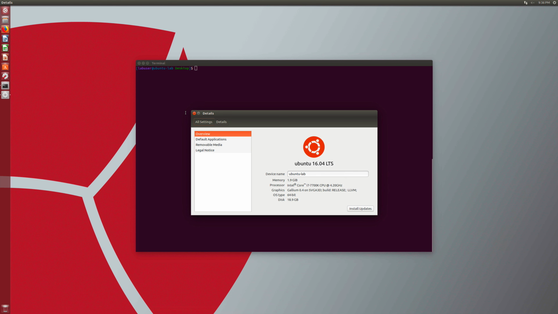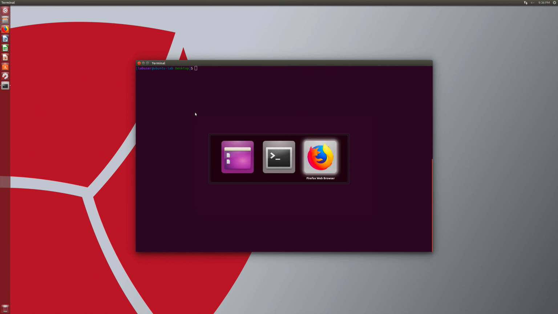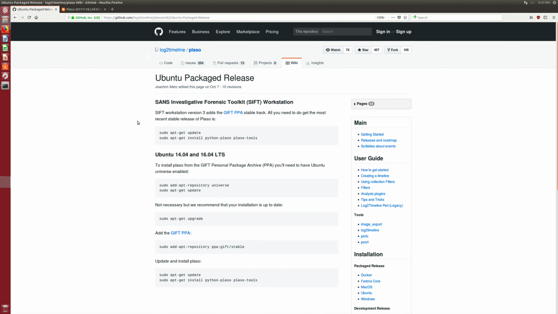In this section of the video, I'm using a stock Ubuntu 16.04 installation running in a VMware Fusion virtual machine. You can see that I've given this VM 2 gigs of RAM and about 20 gigs of disk. I've installed the base OS and the updates, but I've done no further customizations other than changing the wallpaper, as you can see here. So the next thing I did was, I went over to the GitHub page for Log2Timeline/Plaso,